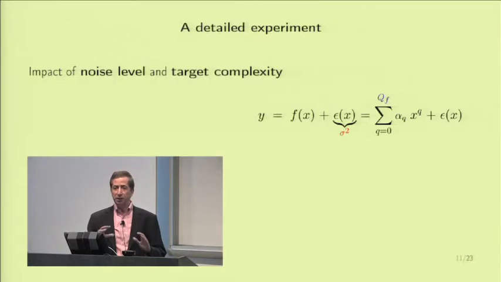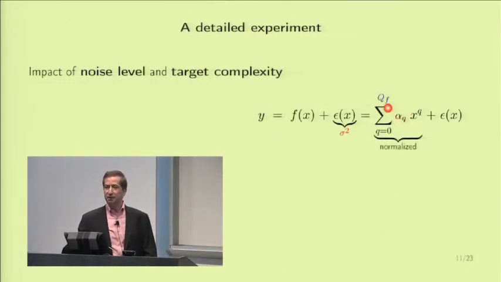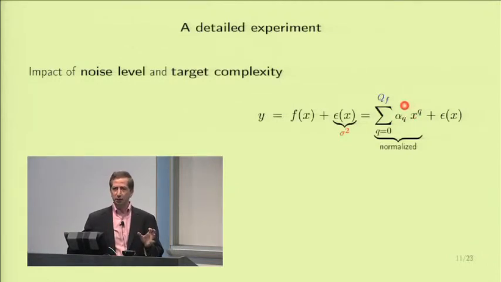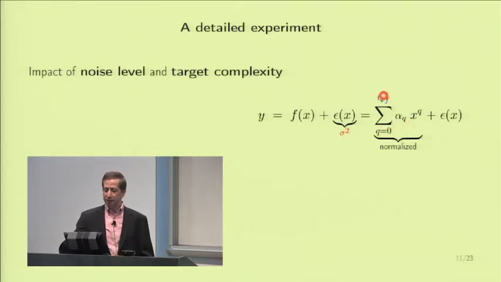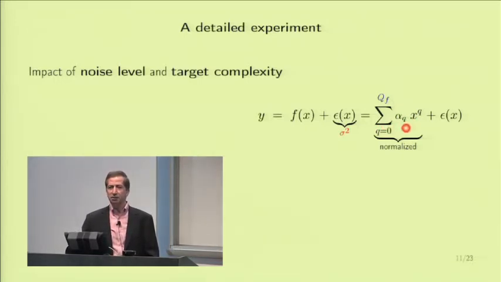Now, in order to run the experiment, I am going to normalize this quantity such that the energy here is always 1. The reason I do that is that I want the sigma squared to mean something, so the signal to noise ratio is what means something. If I normalize the signal to energy 1, then I can say sigma squared is really the amount of noise. And if you look at this, it is not easy to generate interesting polynomials using this formula, because if you pick these coefficients at random, let's say independently, in order to generate a general target,